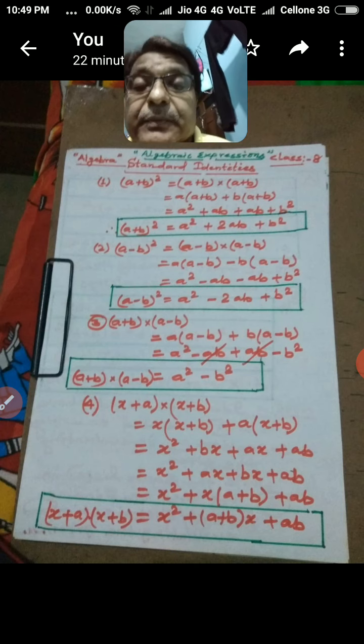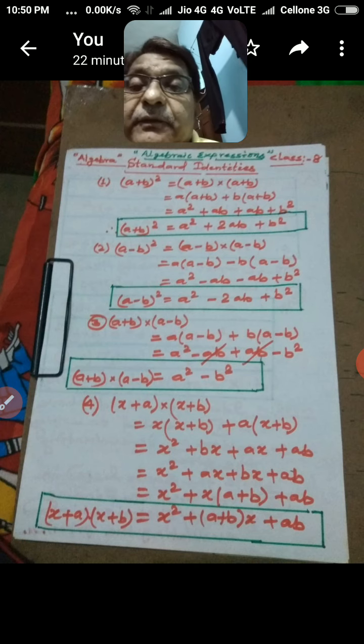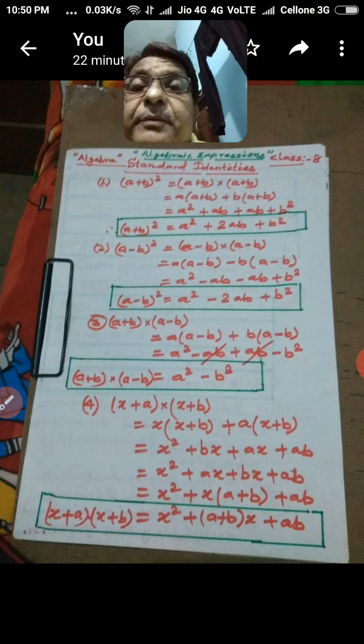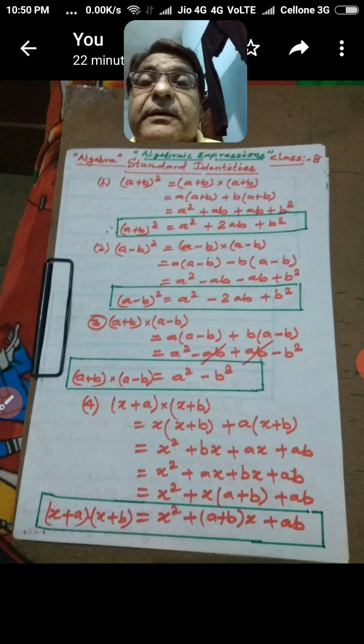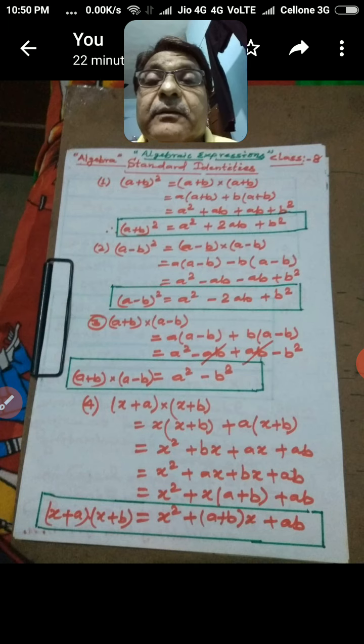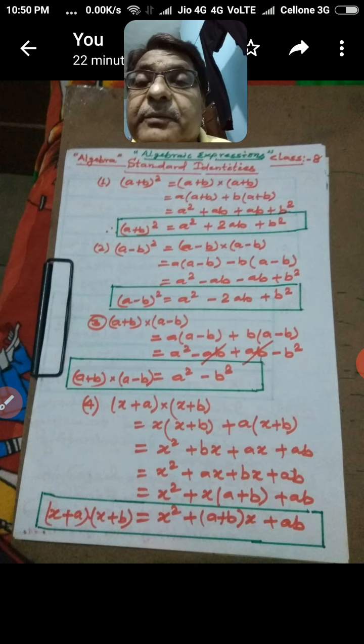In this way, if you perform this multiplication, a by a plus b and then plus b by a plus b, or conversely you can say by a with a plus b and then plus b with a plus b, we have a square plus ab plus ab plus b square. Since the 2 ab's are like terms, they will be added with their sign as per the sign convention, and then we conclude that a plus b whole square is equal to a square plus 2ab plus b square.